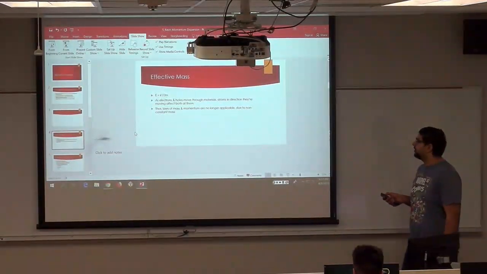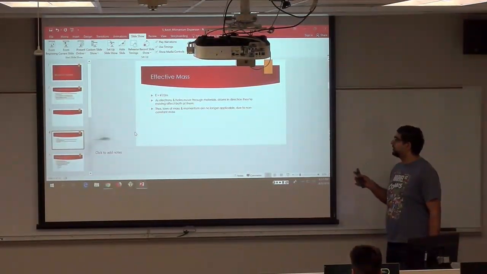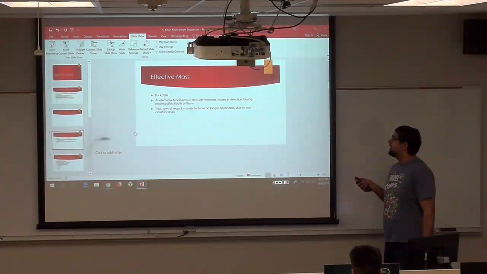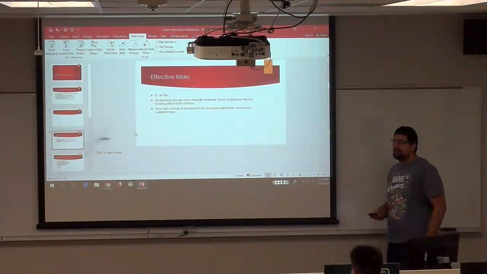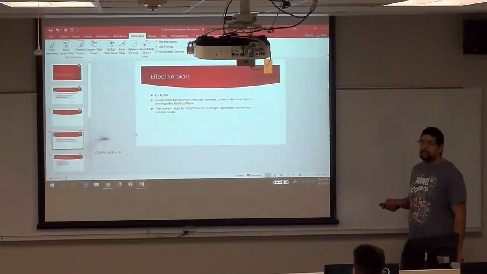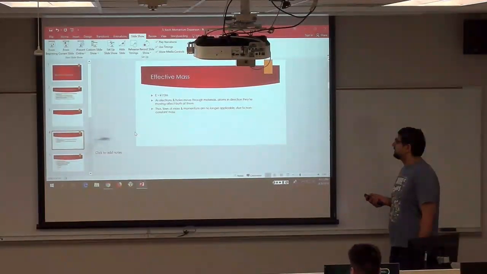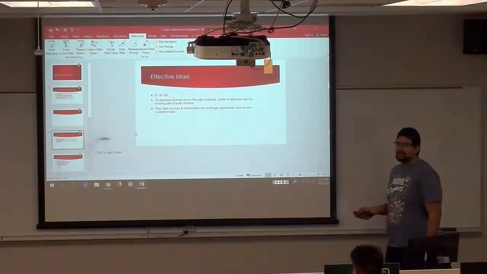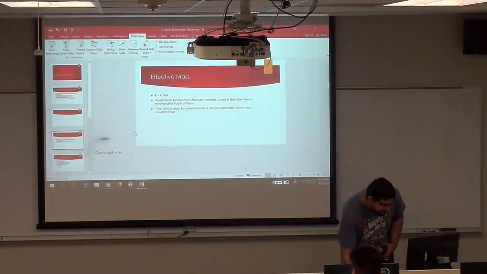As electrons and holes move through materials, the atoms they are moving through, and the direction they're moving in, affect both of them. That's really important to keep in mind. Thus, the laws of mass and momentum are no longer directly applicable due to non-constant mass. So this is an important thing to keep in mind.